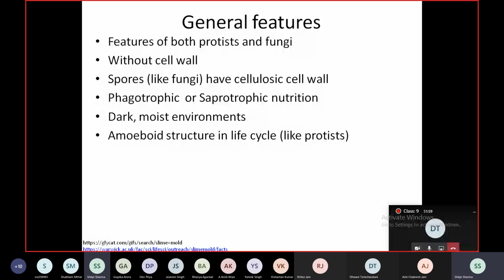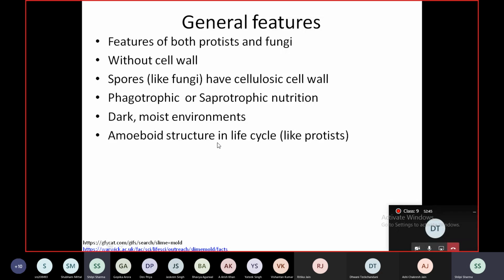Okay. Then their mode of nutrition is also similar to fungi in being saprotrophic. That is, they live on dead and decaying matter. And they prefer dark and moist environments. ये भी तुमने fungi में देखा था कि moist environments, dark and slightly acidic भी requirement था fungi का. But the difference with fungi is that fungi का majorly haploid ही होती है life cycle में या diploid ही होती है? Fungi majorly haploids होते हैं या diploid students? आशी? Ma'am, haploids. यहाँ पे slime molds, they are majorly diploid.